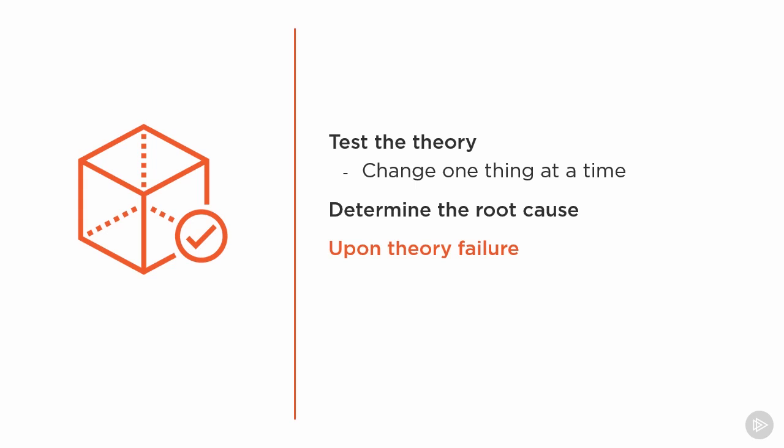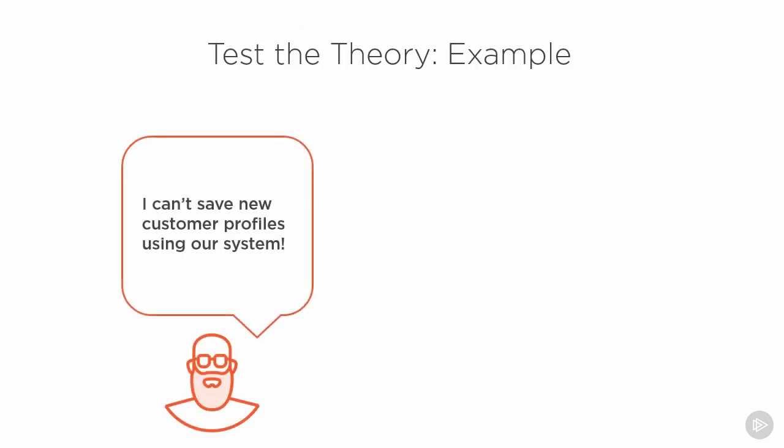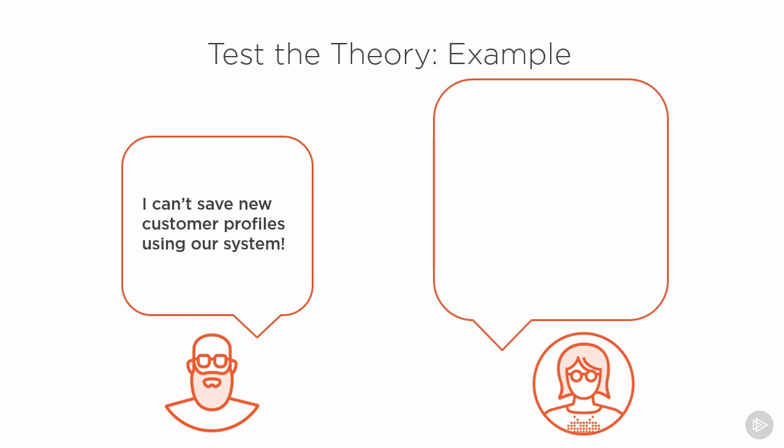Now, what if we test our theories and they fail? Well, we could establish a new theory if we've exhausted our existing prioritized list of theories, or if we're out of ideas, we could escalate the problem to another team that perhaps might have more experience with this type of issue. So in our example, where we've got an employee that can't save customer profiles to a line of business system, depending upon what we've determined is the most likely cause, such as a networking issue, we might start testing